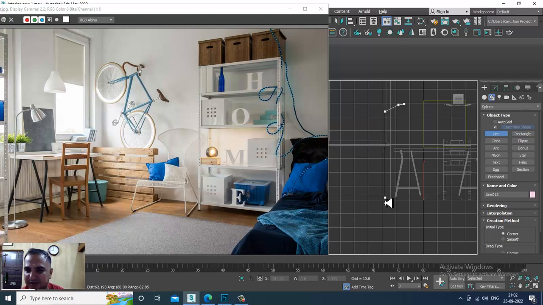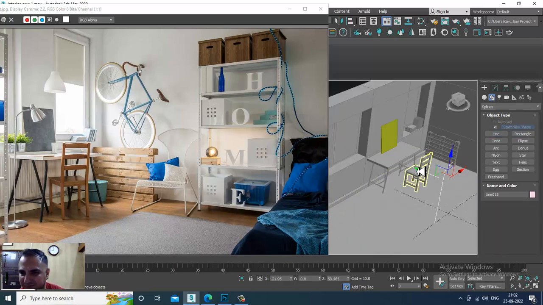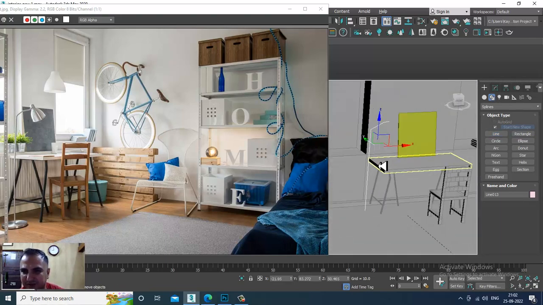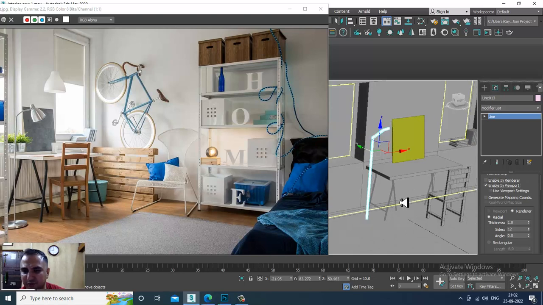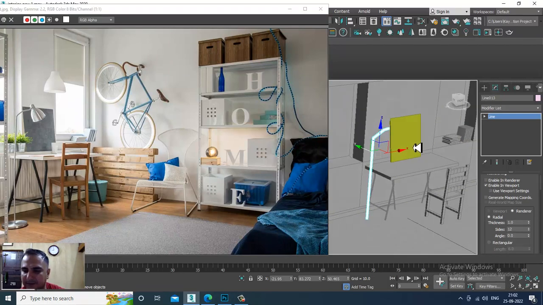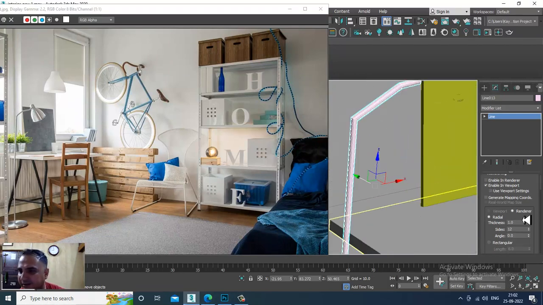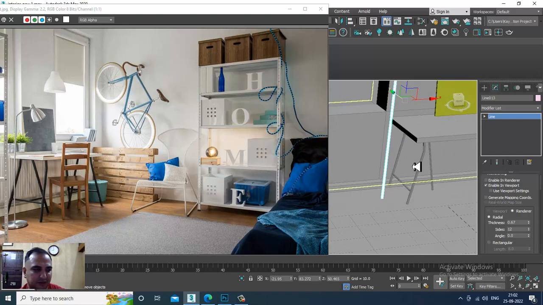I can just drag this till here. I'll push it over here, and now I can go into this rendering, enabling viewport, and I'll slightly reduce its thickness if required. We can do that,